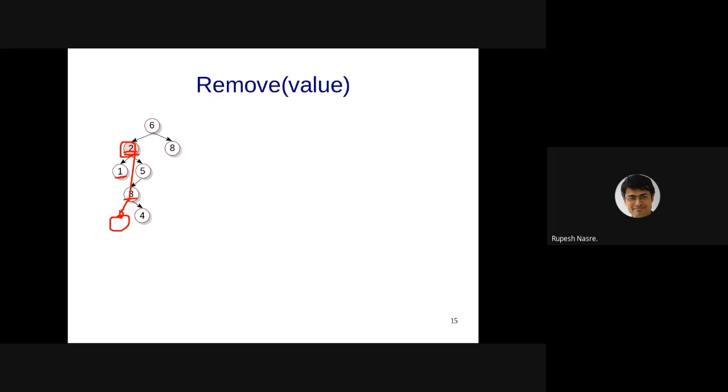And that means that 3 is not the smallest value in the right subtree. This can be 2.5. And if it is 2.5, then 3 was not the smallest child in the right subtree, 2.5 was. And then if you talk about 2.5, it has currently 0 children. Again, it can have a right child, 2.75, but it cannot have a left child.